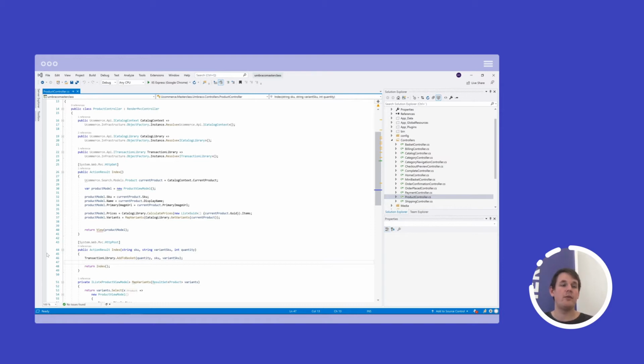So that could, for example, be when you add a product to your cart, or when a customer checks out. Those are all events where you expect some custom business logic, or you would expect that you can do something when that event occurs.